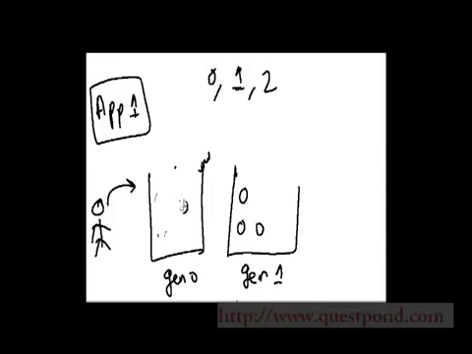Now it goes to the generation 1 bucket and says, you 3 guys, I had not claimed your memory, so are you still needed in the application? Let's say one of them says yes, he's needed, and the other two say no, they are not needed. So for the remaining 2, it goes and reclaims their memory. And the other one, which is still needed by the application, it moves to generation 2.